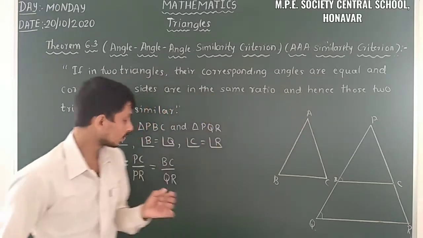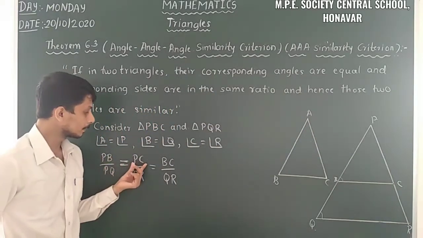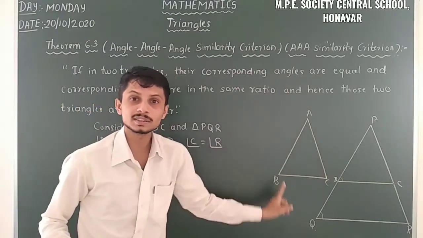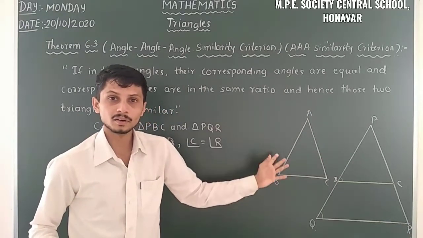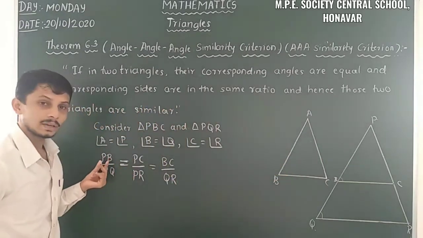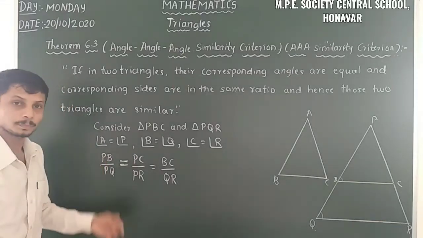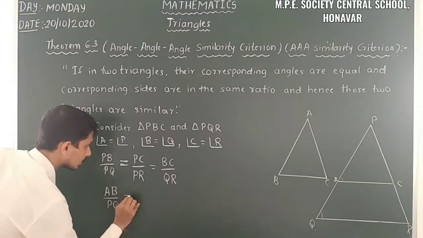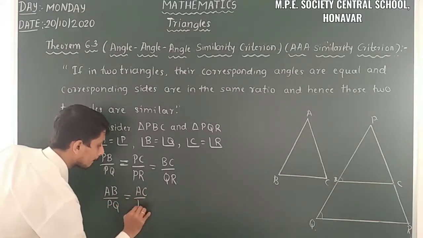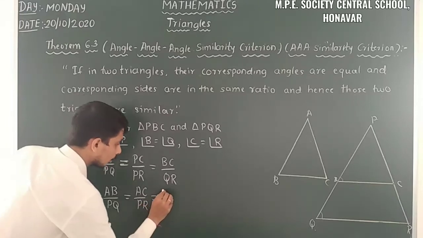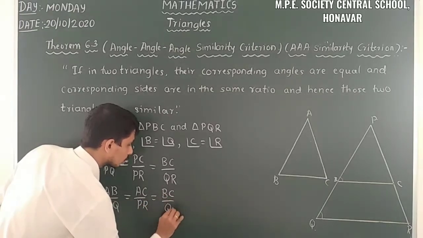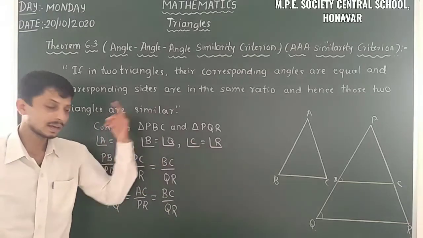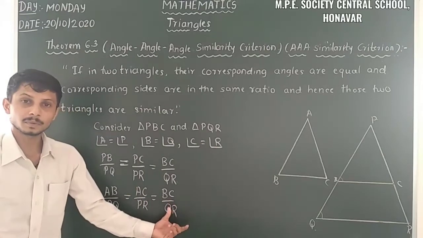A in place of P, because here AB, AC and BC, those three are sides that belong to this triangle also. So that's why we have to replace P with A. So in place of P, I will consider AB by PQ is equal to AC by PR is equal to BC by QR. So that means here we have the corresponding angles are the same and corresponding sides are proportional, or are in